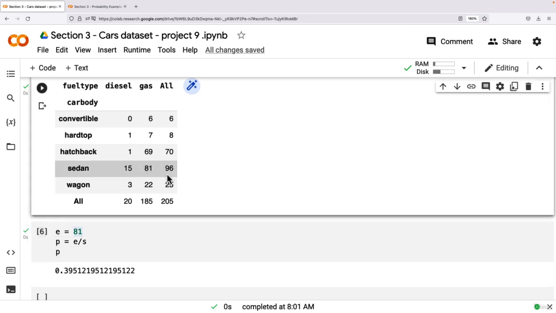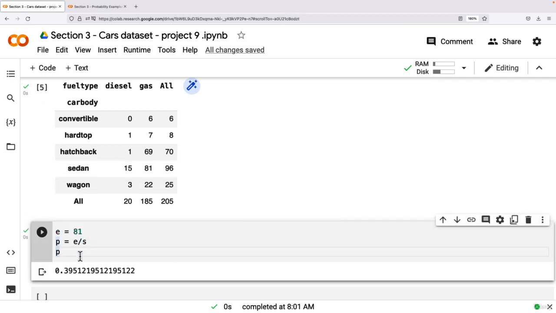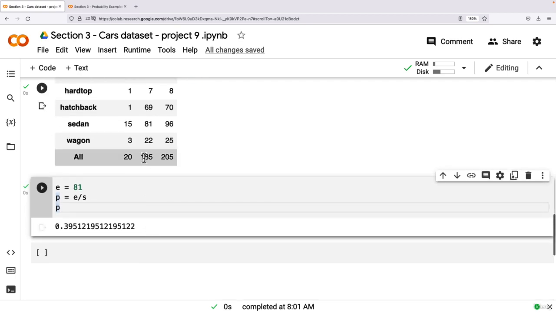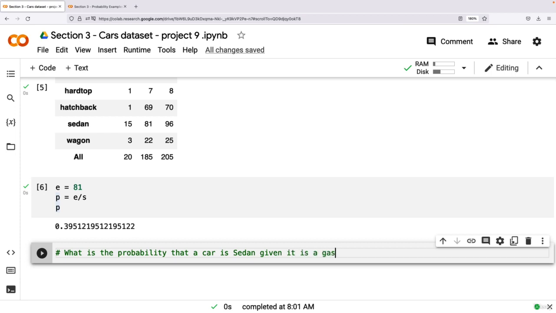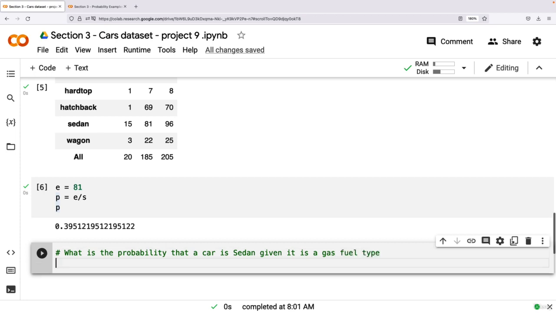Now if I want to extend the same to the conditional probability, let's take up a scenario. The question goes like this: what is the probability that a car is sedan, given it is a gas fuel type? This is a scenario where I want to find the probability of occurrence of